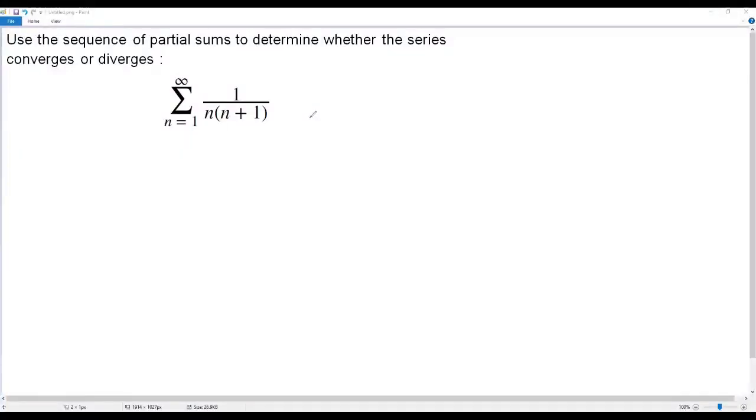Here we have a calculus problem on infinite series. Okay, let's go with the question. Use a sequence of partial sums to determine whether the series converges or diverges. Here we have an infinite series and we have to check whether this series converges or diverges using the sequence